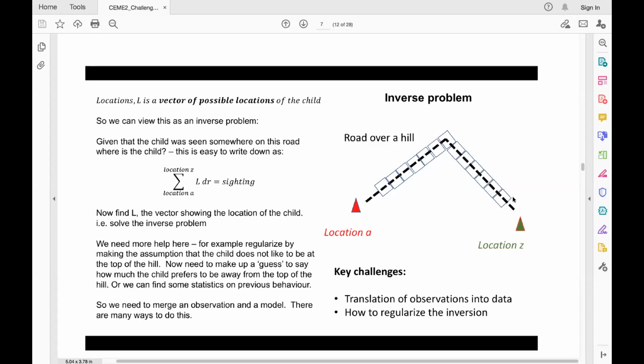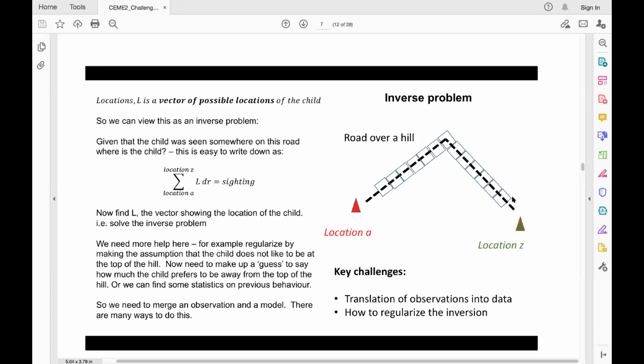The other way that you can go wrong is picking the wrong mathematics, and this is absolutely key, and it is very specific to the type of problem we're solving. So in this case, if we picked a mathematical solution that said we have to have one location in the solution, we wouldn't be able to pick between location A and location Z, because we would simply be saying that they are equally likely. They're both at the bottom of the hill. We don't have anything to make the decision between them.